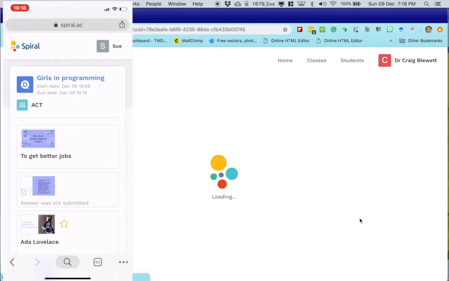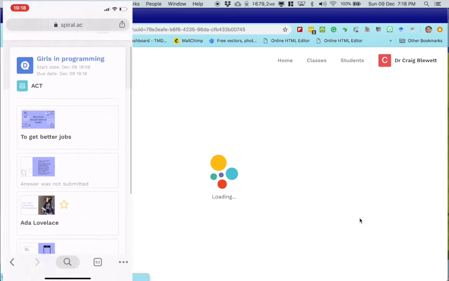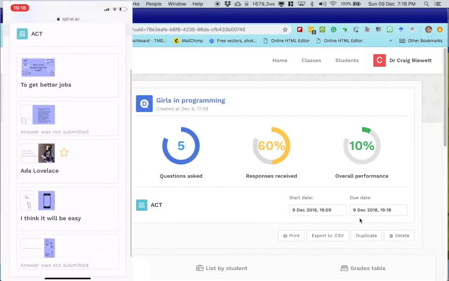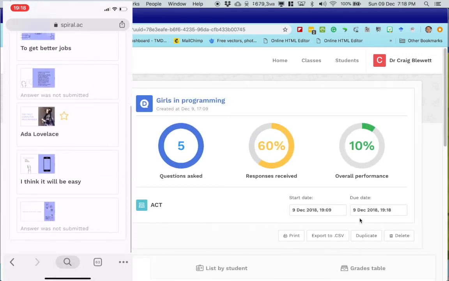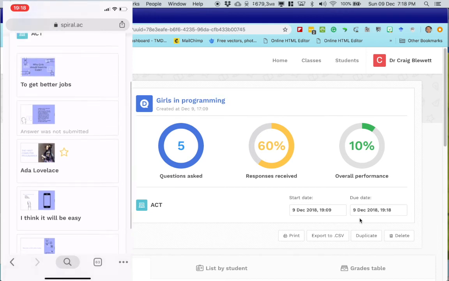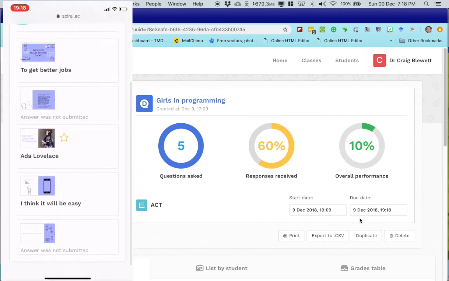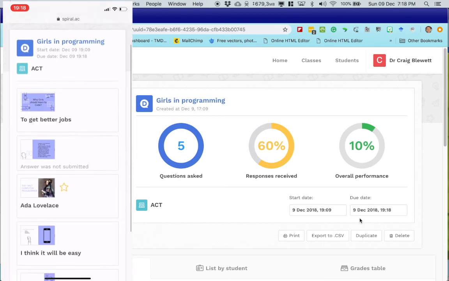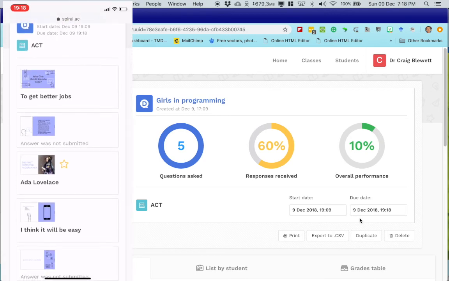But what's really good is the students, if they look at their device, they can see all the slides. They can see if there were answers submitted to the slides and whether those are good answers. All of that remains on their device for them to look at in the future. So Spiral is a great tool to support conversation around content.